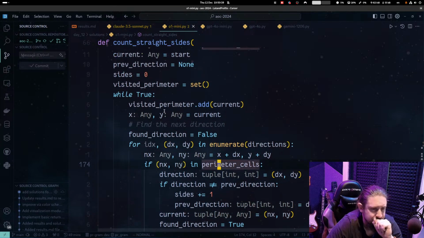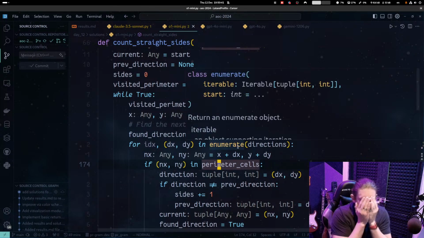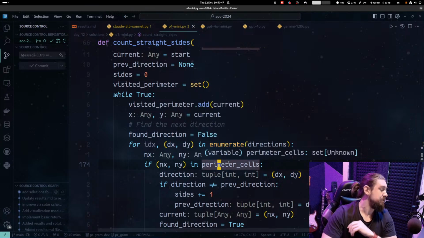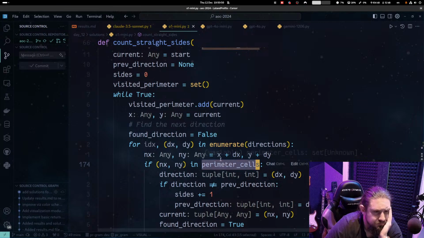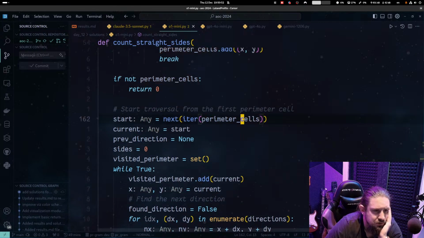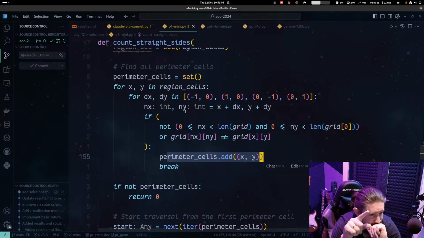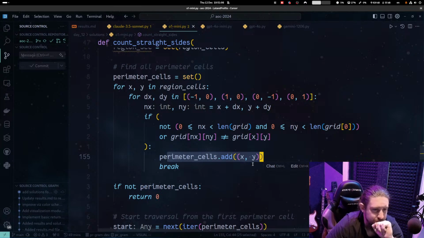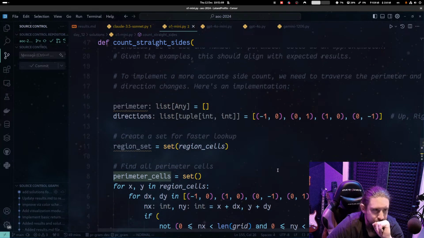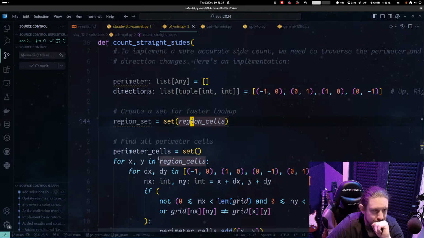Perimeter cells. So we get perimeter cells, which is added here. We go into all of the directions, and we need to check if the region is the same somewhere over there. Region cell, region set, region cells. For xy and region cells,